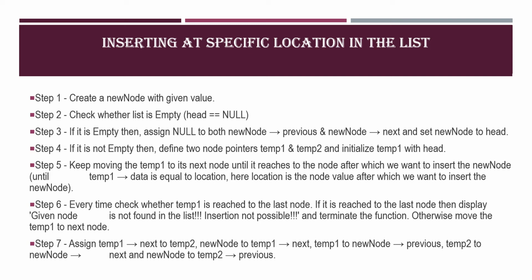But I have only 4 elements, so I will have only 4 nodes. So I cannot find the 5th element in my list. So in that case, insertion is not possible. Okay, so parallelly we want to check for this also. If the position mentioned is correct, then we will travel to the position, find it, and finally insert. And let us see an example for this insertion at a specific location in the list.